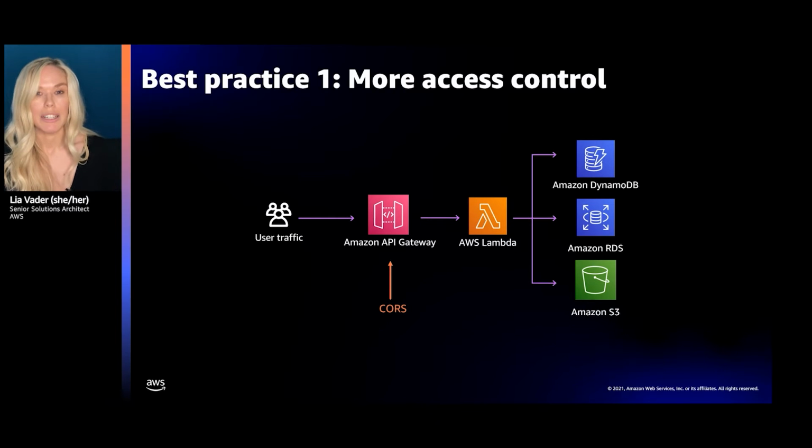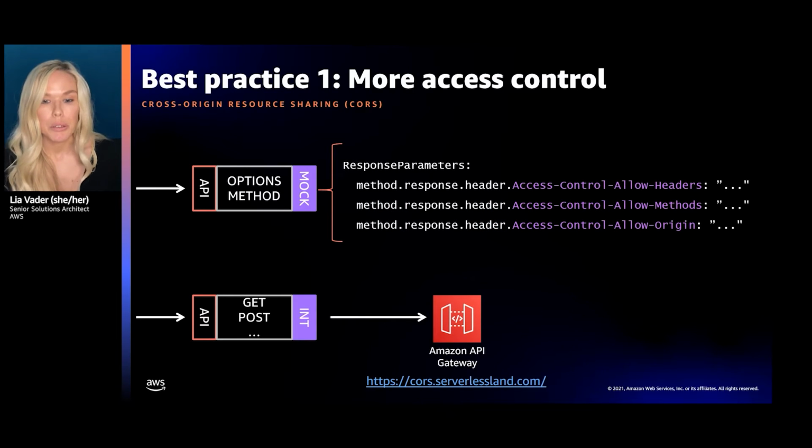So let's move on to more access control and talk about cross-origin resource sharing, or CORS. As a developer, we have all probably struggled with this one. Cross-origin resource sharing, or CORS, defines a way for client web applications that are loaded in one domain to interact with resources in a different domain. And since CORS can be very confusing, sometimes developers allow all access with a star for permission setting. But this is a security talk, and we're not going to call that a best practice.